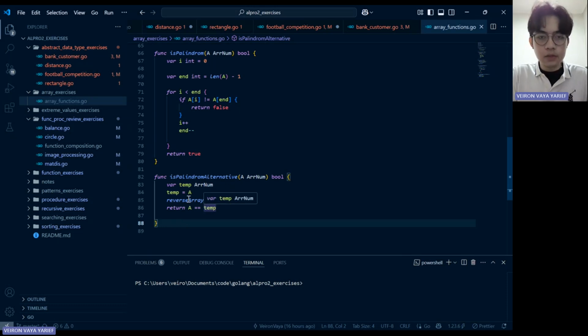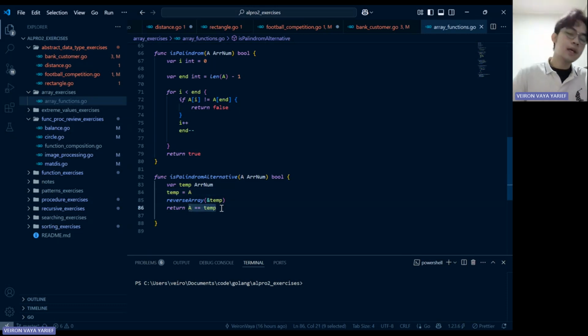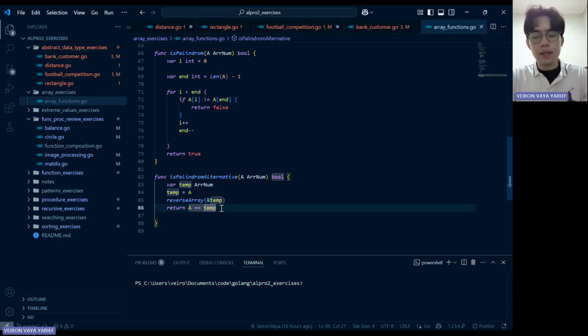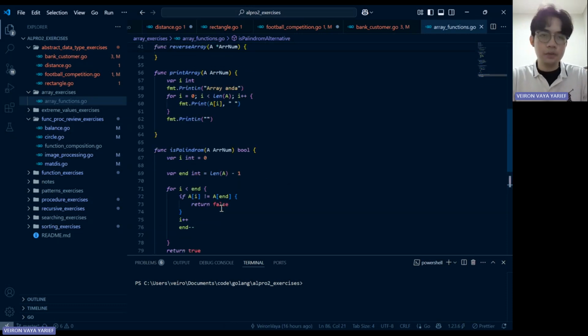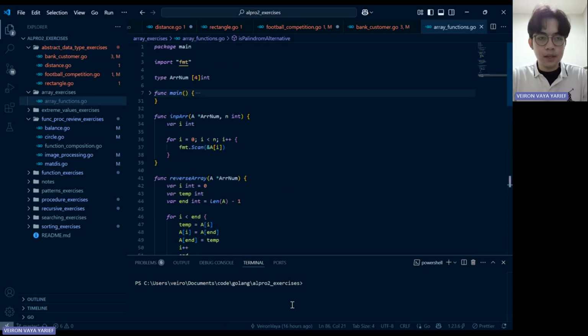What I do is I reverse the array. I have a temporary array. I store my original array. After that, I do reverse to the temporary array, and after that I compare it. If the first array is the same as the reverse array, what I do is return true. That's what I do. So let's check this code